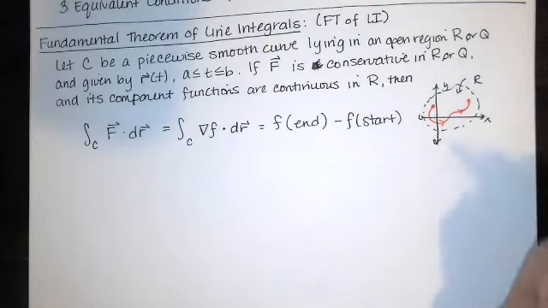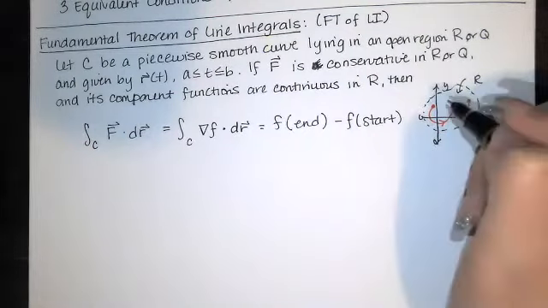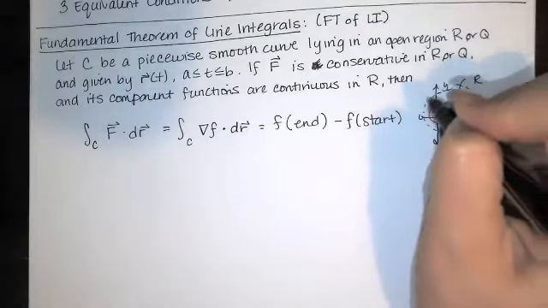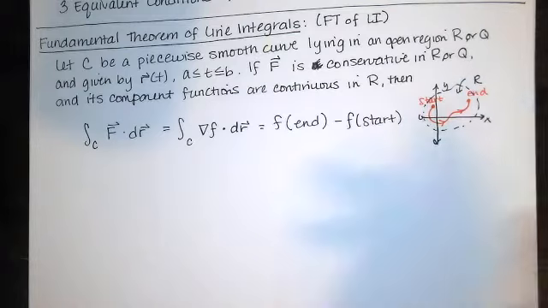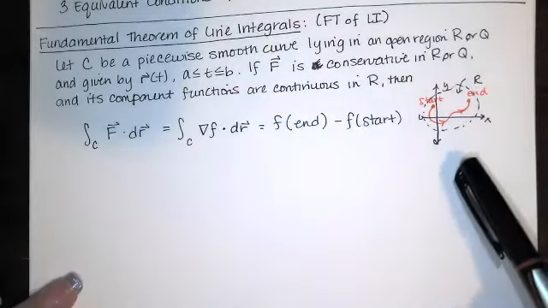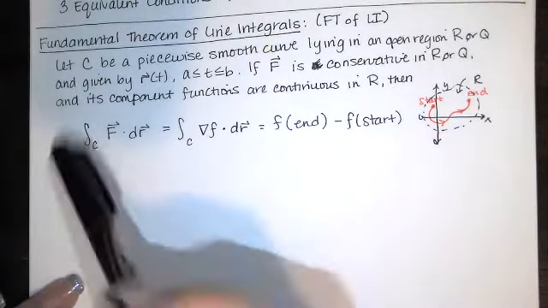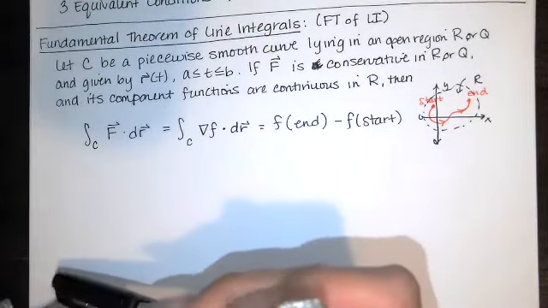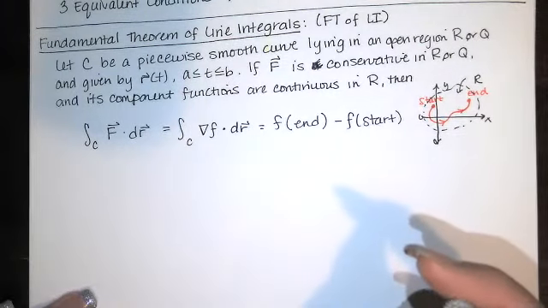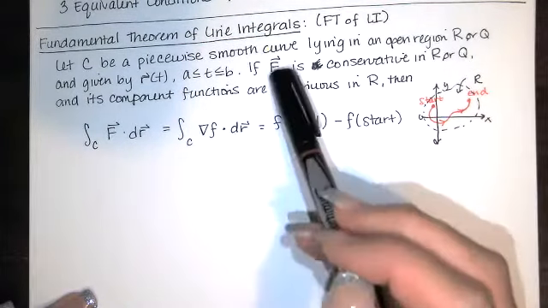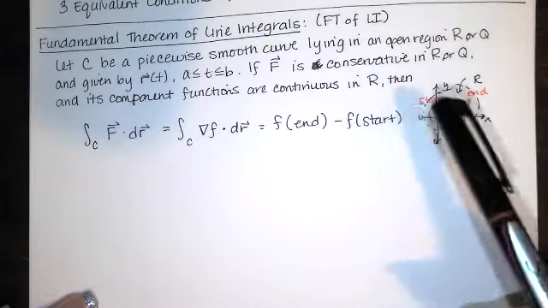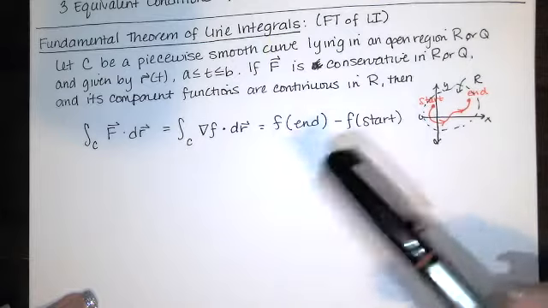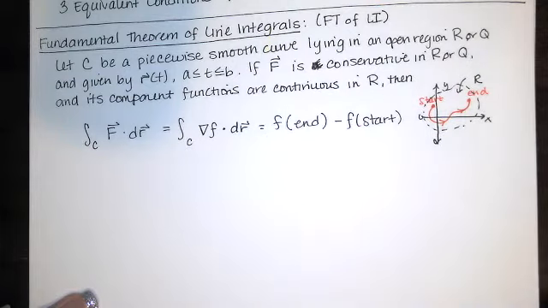So maybe as T increases, we go this way. So we start here at this point at T equals A, and we end here at this point when T equals B. So we've got a piecewise smooth curve lying in this open region R, or Q if we're in space, given by R of T, and T ranges from A to B. The theorem says, if F is conservative in this open region, and its component functions, M and N, or M, N and P if we're in 3D, are continuous in that region,